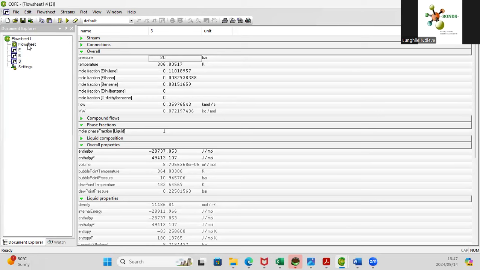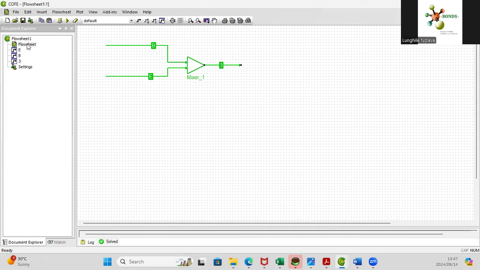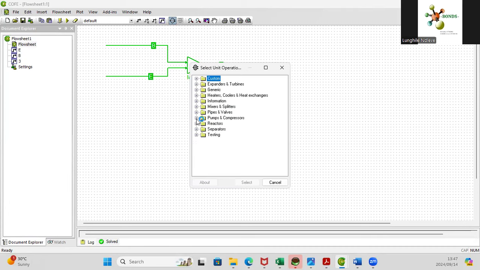Then the next one we'll look at is your compression. Because now we want to use a compression, in this case, you would